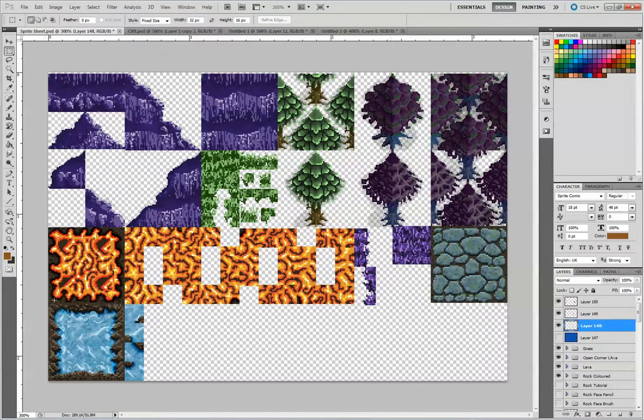I'm then going to go and continue with the water and get these corner pieces done for these bits here. And in the final tutorial I will be making just some small rocks and maybe a small brush or something like that, just to accommodate these extra pieces. Okay, so go ahead and I will see